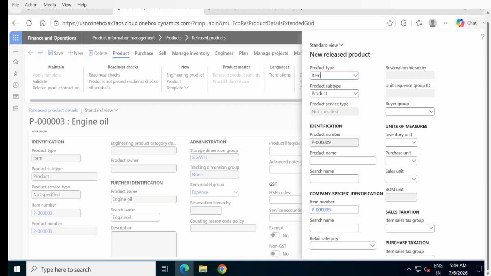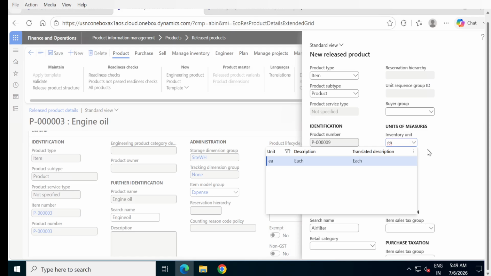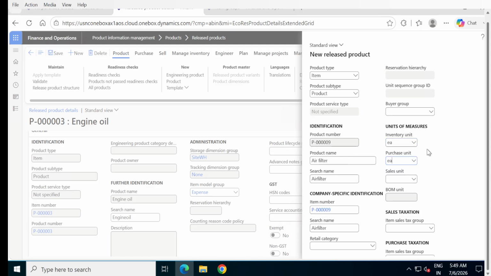I have a product called air filter. My product name is air filter, and it's the same. And I'm going to use inventory unit as each, purchase unit as each, sales unit as each,